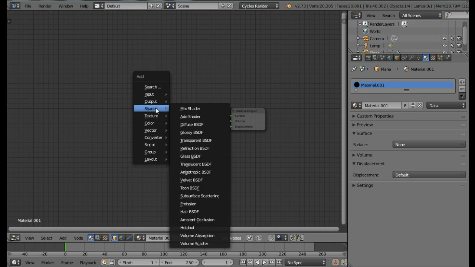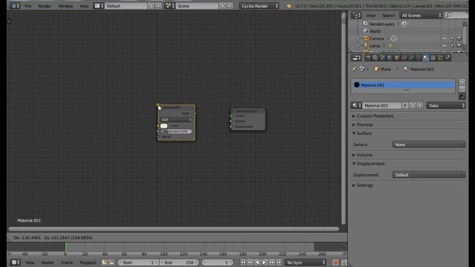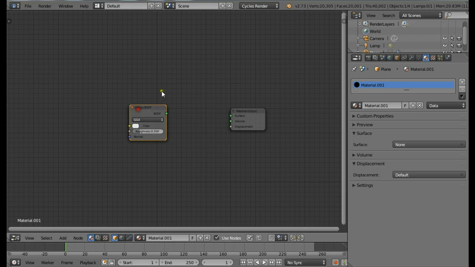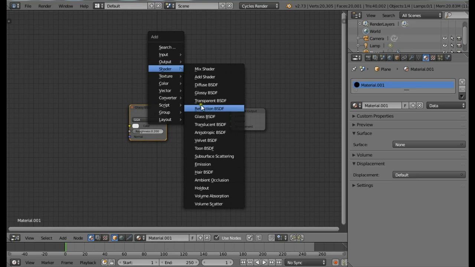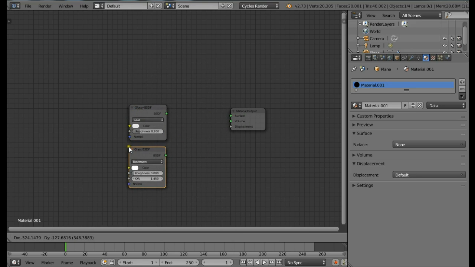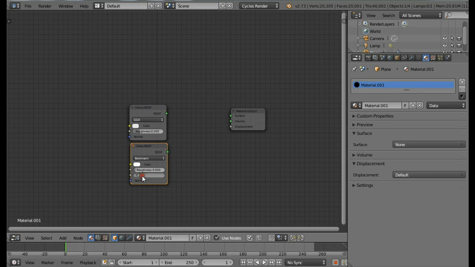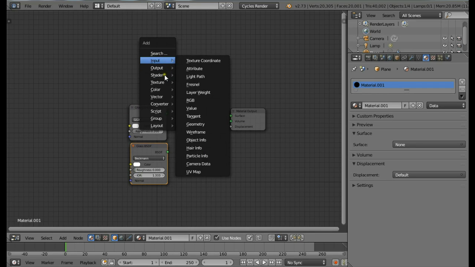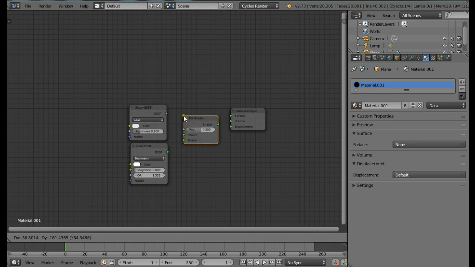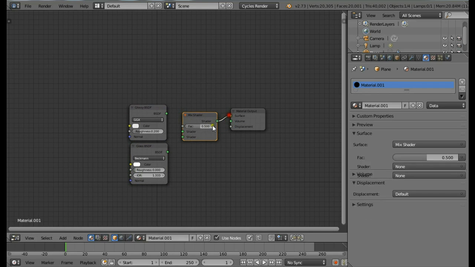If you use the glossy, we get some nice reflection. So delete the default diffuse, press Shift A, then from shader select glossy, place it somewhere about here. Shift A again, shader, and then glass, because it's water so it should have a bit of glassiness. Change the IOR to be 1.333 of the water, and press Shift A, and from shader select mix shader, place it in the middle,